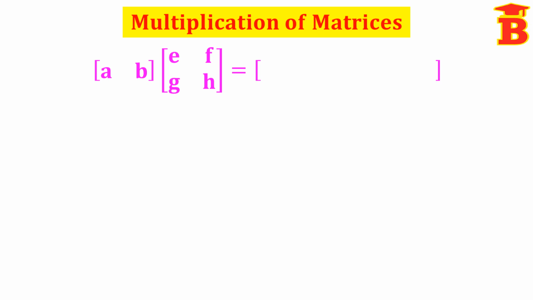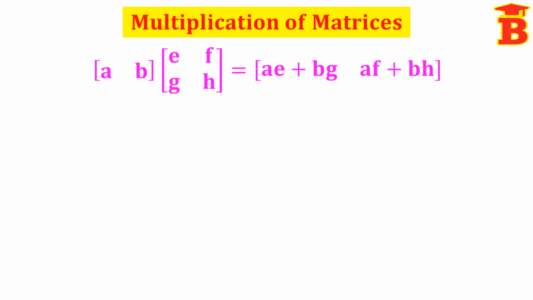So we take the rows in the first matrix and we multiply with the columns in the second matrix. Here take the row A, B, write the answer in the same row. Multiply this row with this first column, we get A E plus B G. So first column, one element answer. Second column, leave some space and write that separately. So when we multiply the second column, we get this as the answer.